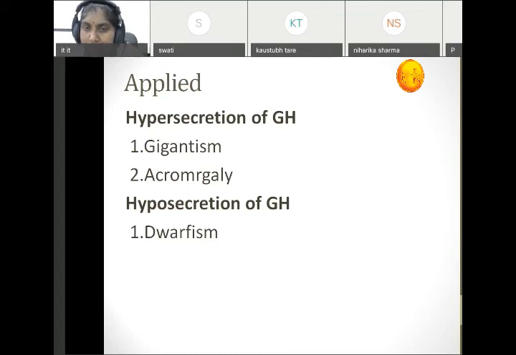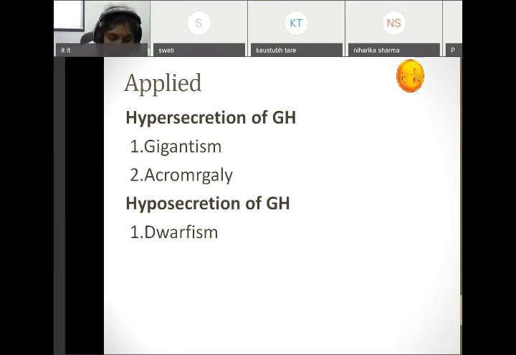But the other hormones like thyroid hormones, parathyroid hormone, adrenal cortex hormones, all hormones are normal, but only the growth hormone is affected in dwarfism, stunted growth. Mentally, they are normal. Reproductively, they are normal. But the only thing is that the growth hormone secretion is decreased. Due to this, there is stunted growth.